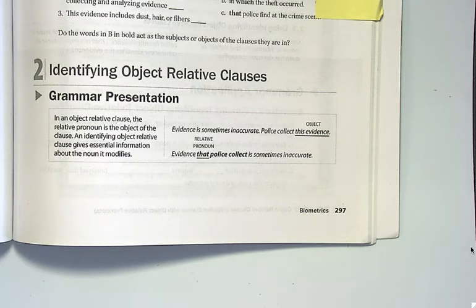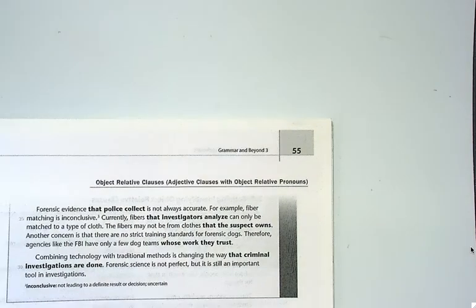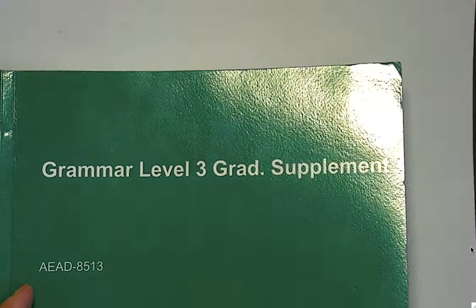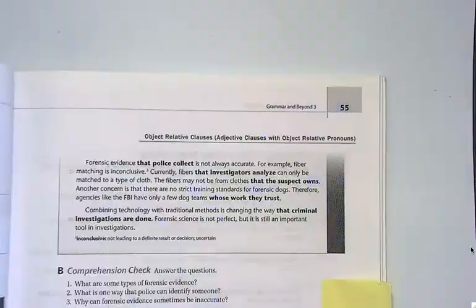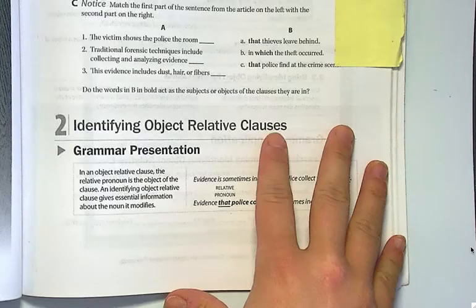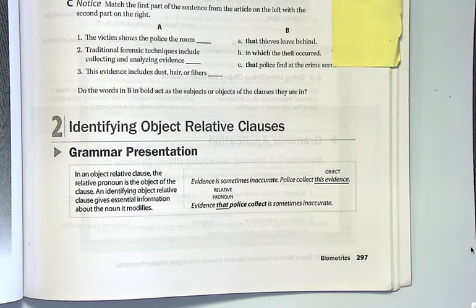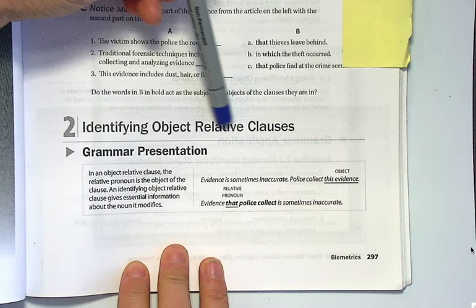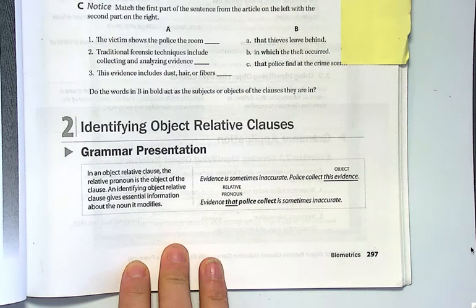Hello, today we will talk about identifying object relative clauses, and we are looking at page 55 in our Grammar Level 3 supplement book, which is taken from Grammar and Beyond Level 3. Again, we're looking at identifying object relative clauses, and I usually call these adjective clauses, as we have mentioned in